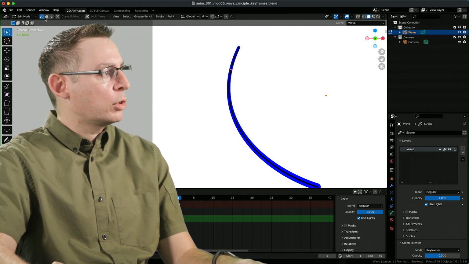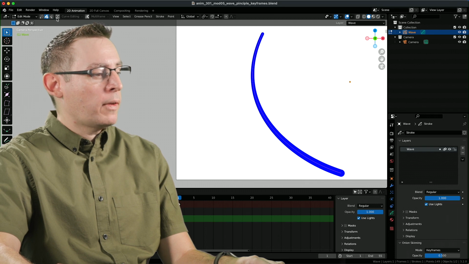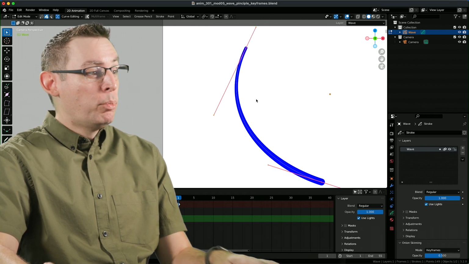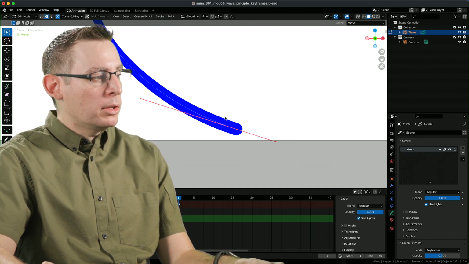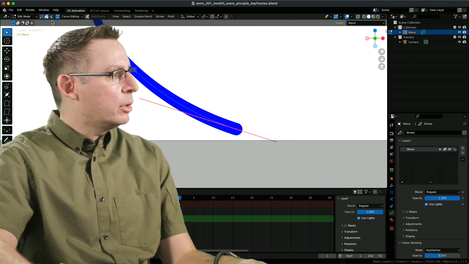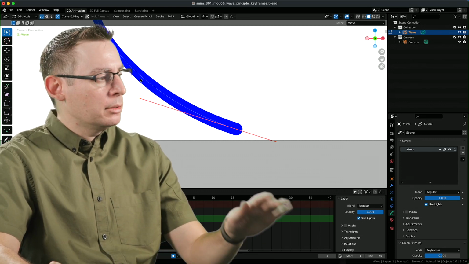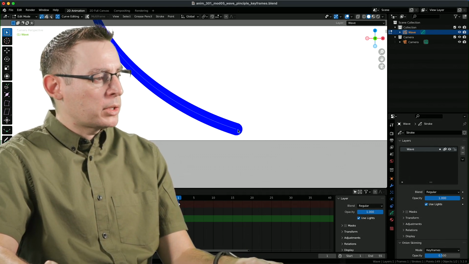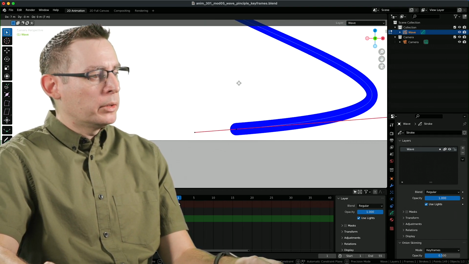So let's jump back into strokes, our stroke selection state, and I'm going to turn on curve editing. And I think I'm just going to have 2 points, which is absolutely perfect for what we want to use and what we want to accomplish in this moment. Because with curve editing on, now I can return to my vertex selection state. Grab the vert that represents the handle that I want to work on, this guy right there. Just simply grabbing it is all that I really need to do.